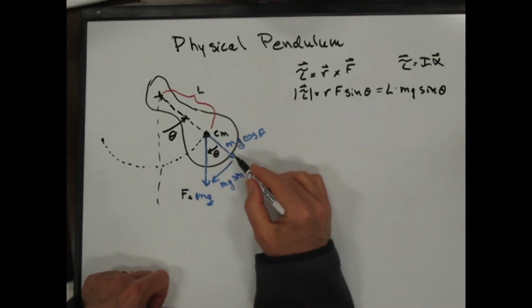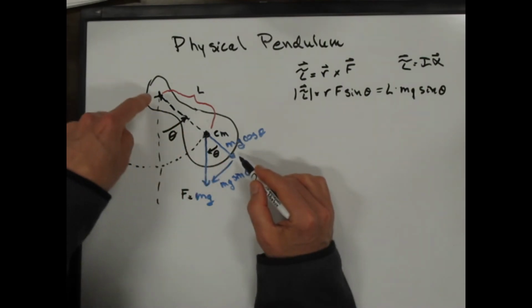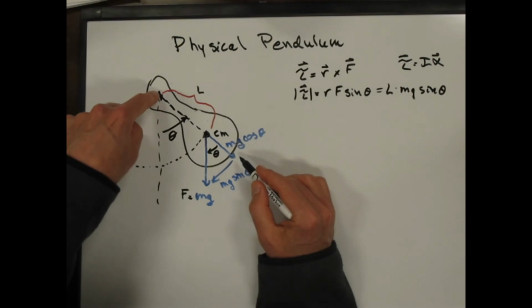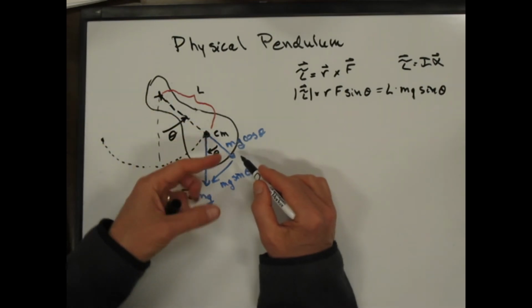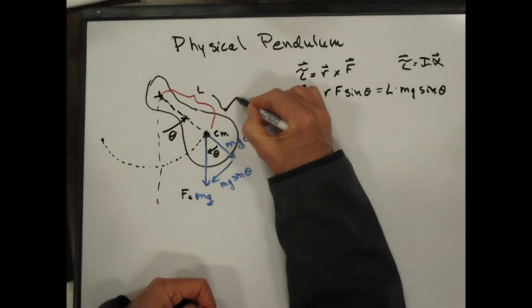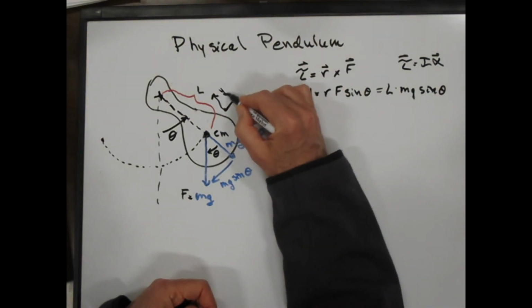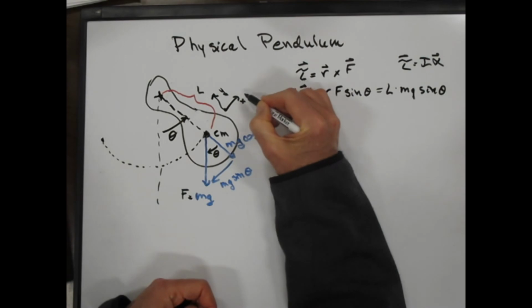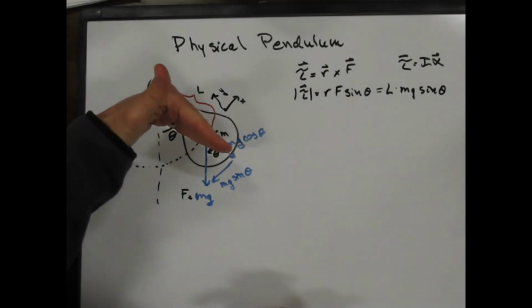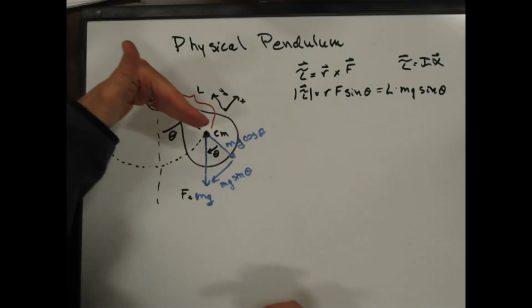It's got a component along the line connecting the rotating axis to the center of mass, and a component perpendicular, just like we've always done. If we wanted to, we could draw our little coordinate system like we did for the simple pendulum. But we're going to look at this one from the standpoint of torques, and we could have done this for the simple pendulum as well. We're going to say, look,